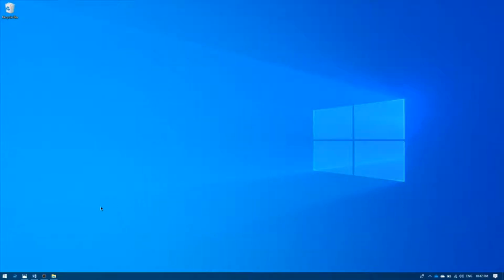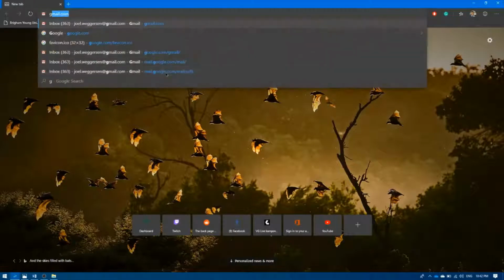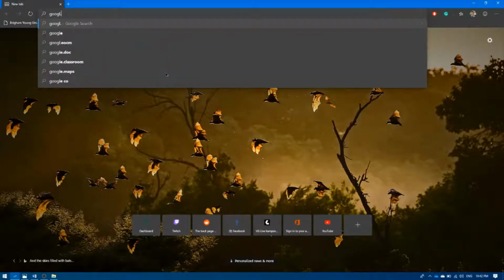Today we're going to talk about and figure out how to use Google Photos. So the first thing that we want to do is to open our browser. We do that and then we go to google.com,